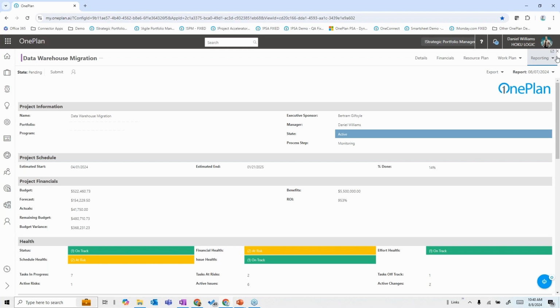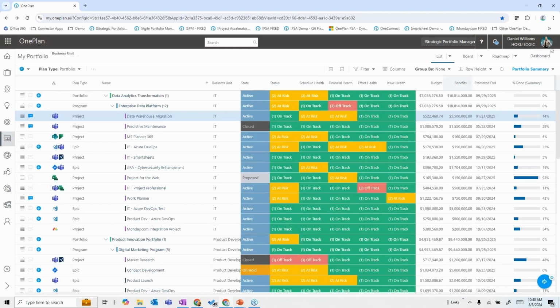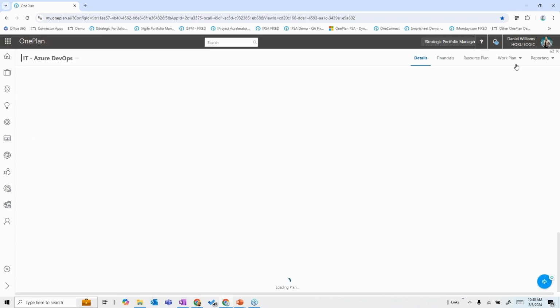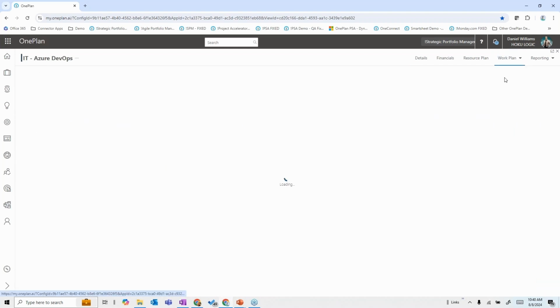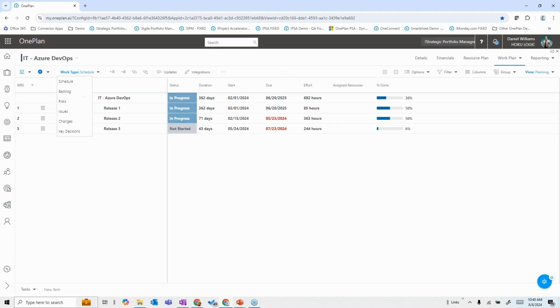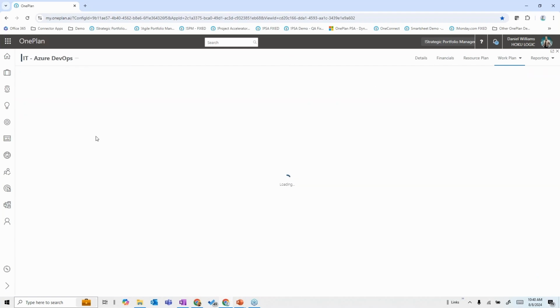If I go back to the portfolio and I drill into a project here, for example, let me look at the IT Azure DevOps plan, okay? And this one is connected to Azure DevOps, where it's getting its work plan details from, okay? So if I go into the work plan here and IT Azure DevOps, and I go into the backlog work type here,